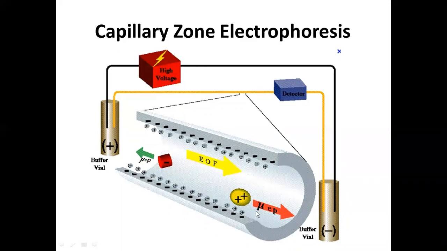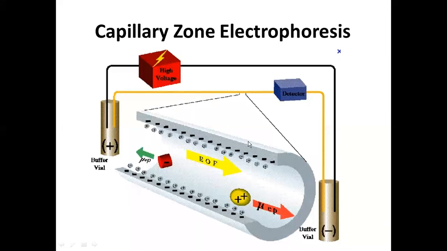So all those positively charged species which are carrying greater charges and lower size will possess more electrophoretic mobility, greater electrophoretic mobility. So they will be eluted first. And all those cations which have lower charge and large size are going to be eluted last. Similarly, neutrals are going to be eluted as a single band, and the anions which have larger charge and smaller size are going to be eluted last.